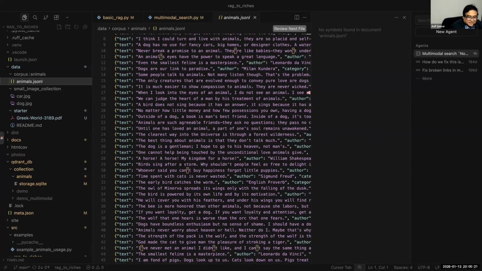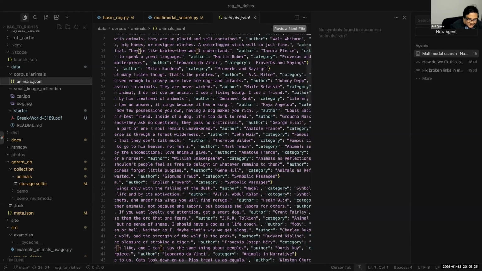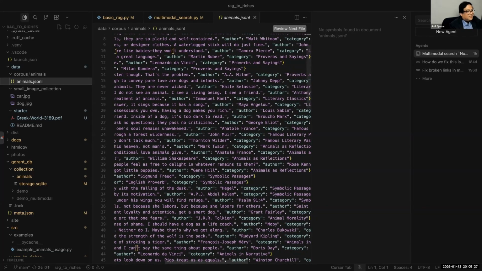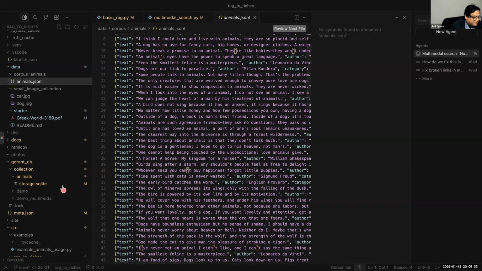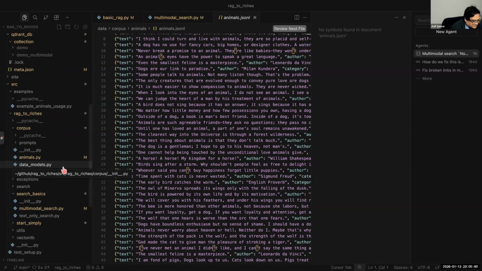It turns out we had some metadata. One of the metadata was author, other metadata was category. So we associated two metadata with the record, author and category, because then we can filter by that if we so choose. Let's go and look what an embedder looks like.